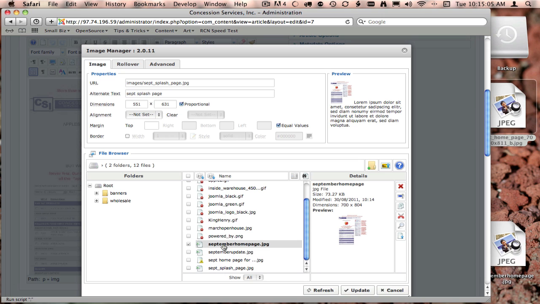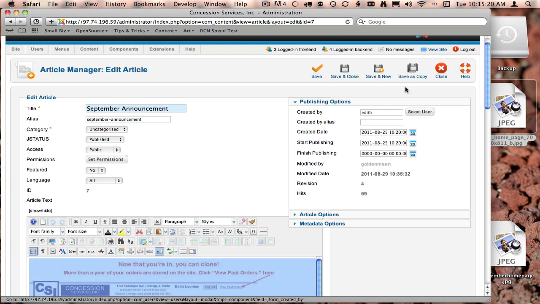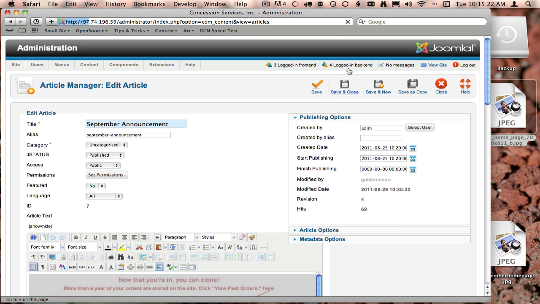I'm just going to click on the new image in its black letters. And look, all the information up here updated. Okay, update. And that's it. I'm done. If I now save and close this,